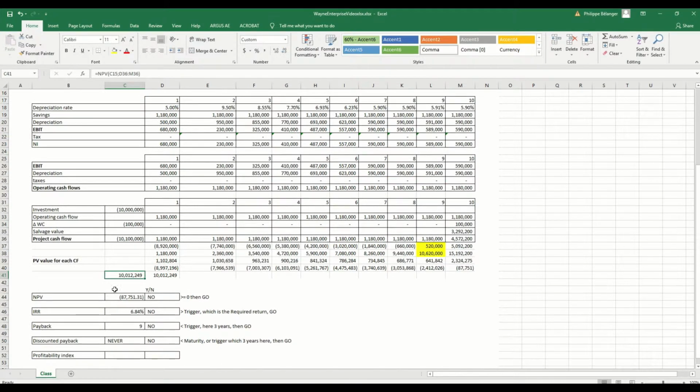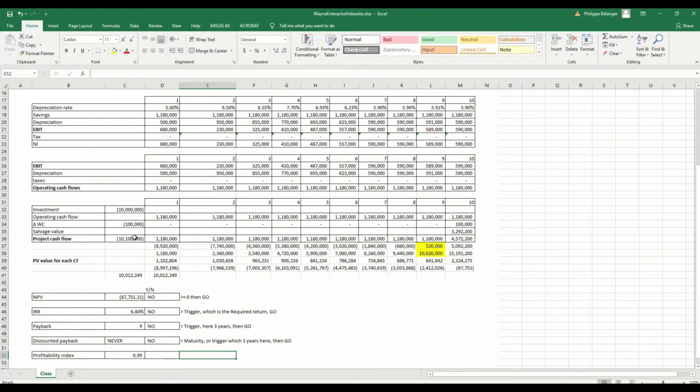And remember, profitability index is the present value divided by the cost. Here the cost is negative, and think about the cost, not only the investment, but all the investments that you need to do. So both buying the equipment, commissioning the equipment, and buying the inventory in order to be able to use this new machine. So that's